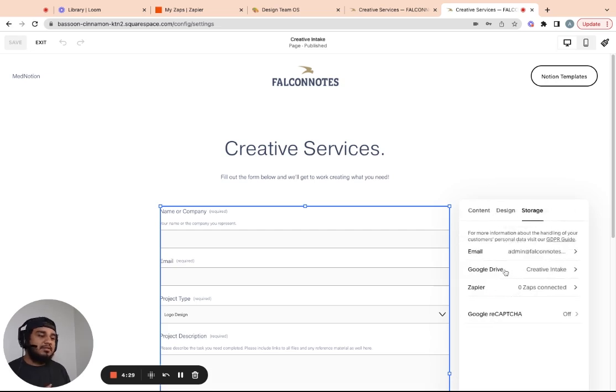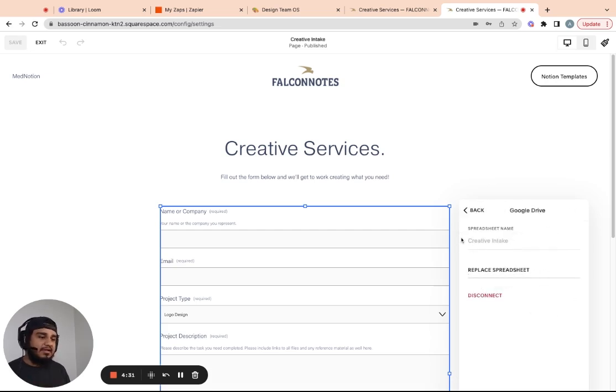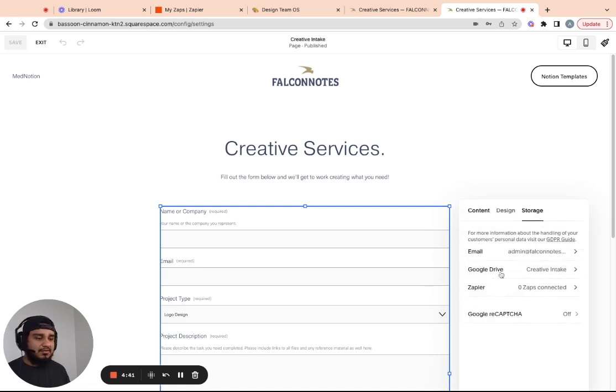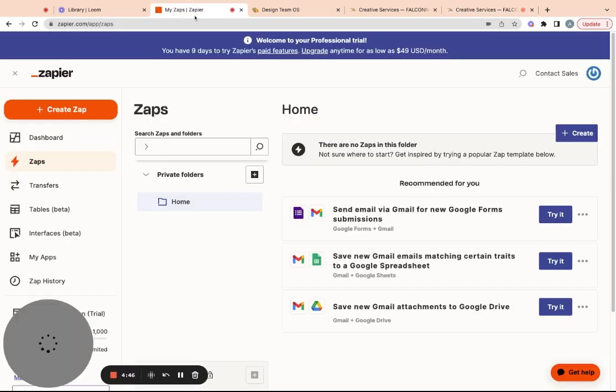If it's not connected, you connect your Google Drive here and then name your spreadsheet. I already named it here, Creative Intake. You can change the name, and it'll create a new spreadsheet, whatever you want. But right now I already have it as Creative Intake, so we're going to leave it there. So that's set up. Now we're going to go into Zapier,